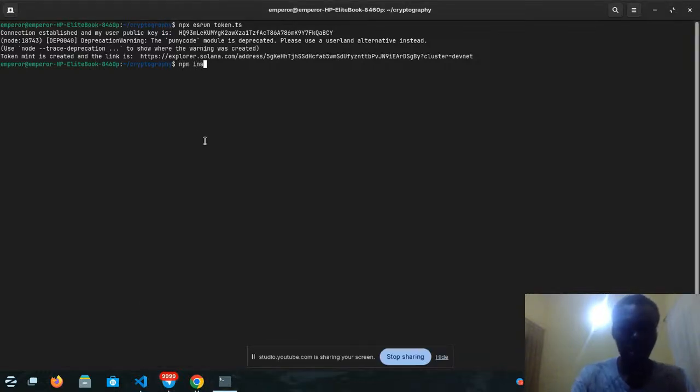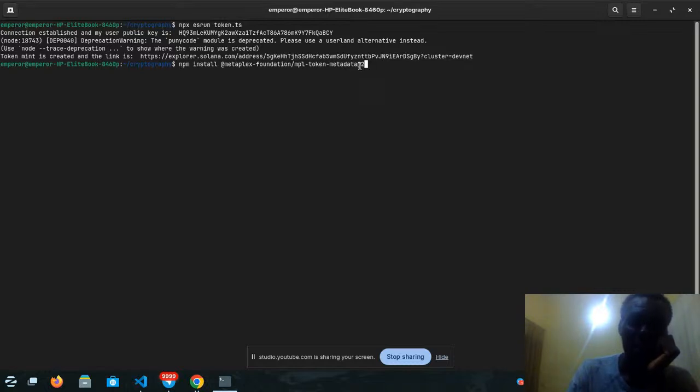So this is just npm install, in case you haven't done that already, @metaplex-foundation/mpl-token-metadata@2. So that is the command to install